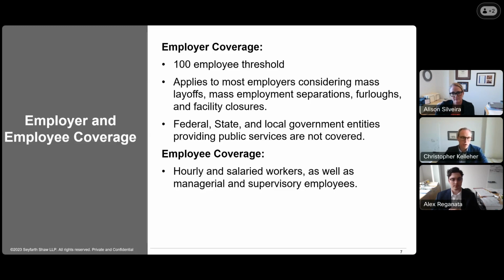The business has to employ at least 100 full-time employees or the hours equivalent across all of its facilities. So this means a national employer might be subject to WARN because it has more than 100 employees across all of its facilities, but when it comes to a local plant shutdown or a local layoff, WARN might not kick in. WARN does apply in most situations where a reduction or may apply when reductions in force are considered, mass layoffs, furloughs. Unfortunately, we all had to go through a lot of this in the early stages of the COVID pandemic,